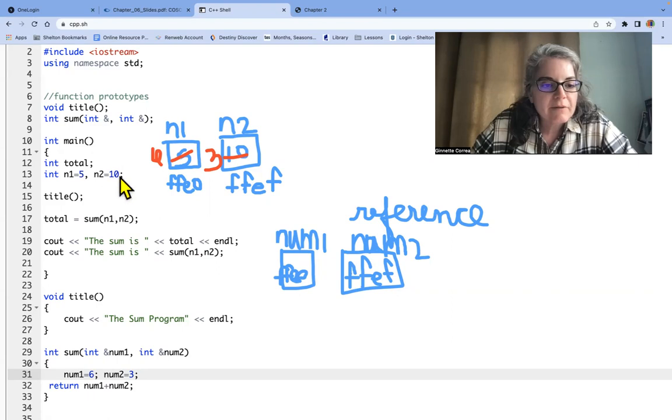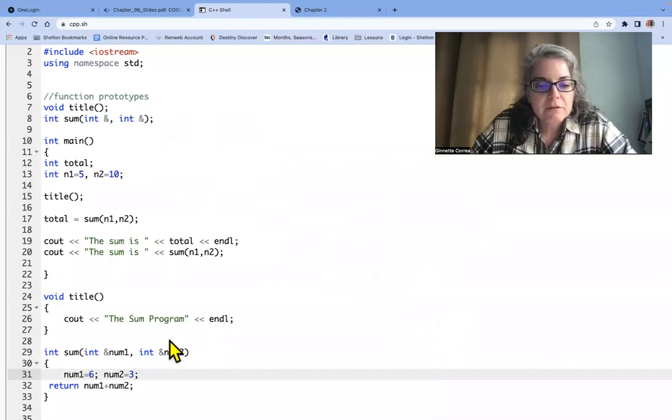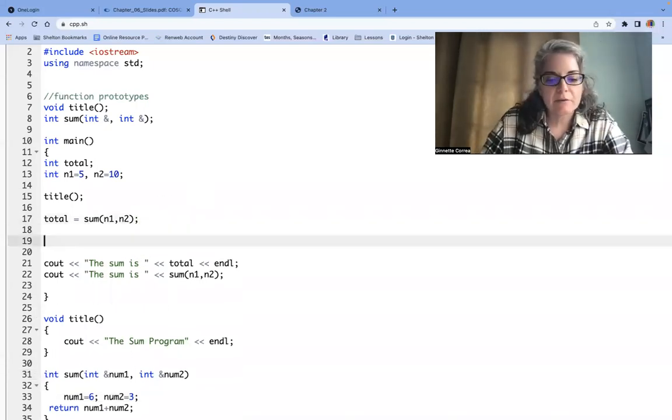So we're starting with 5 and 10. I call the function, I change it to 6 and 3. So how about we show, when we come back from the function, we show, let me clear all this first. Clear all drawings. So when we come back from the function here, I'm going to cout